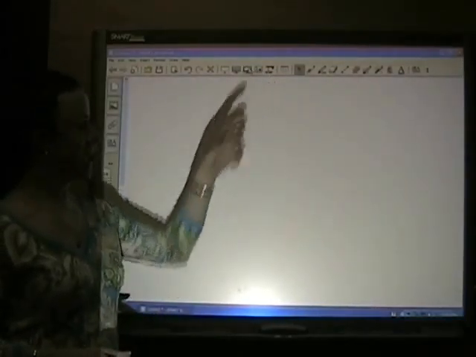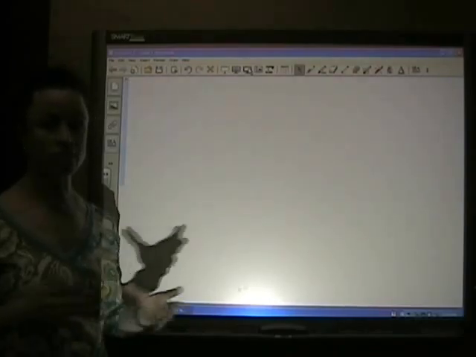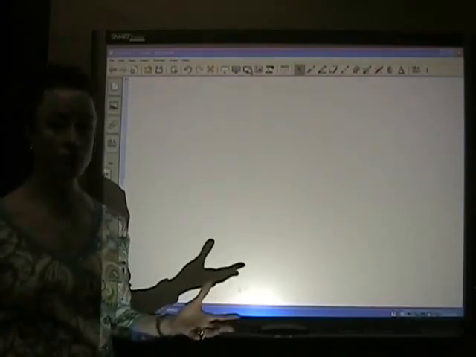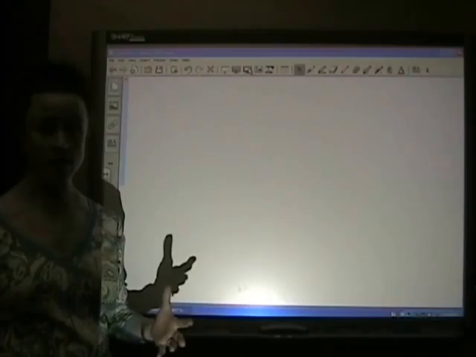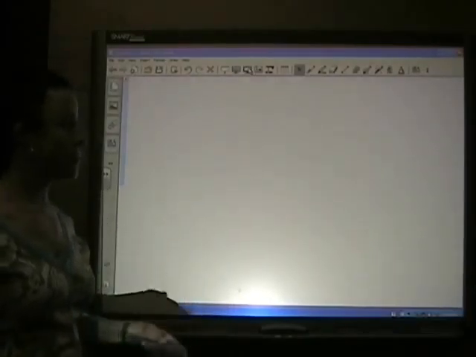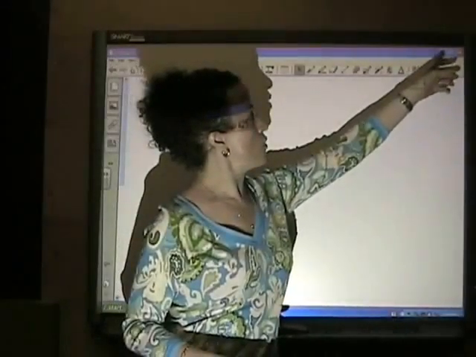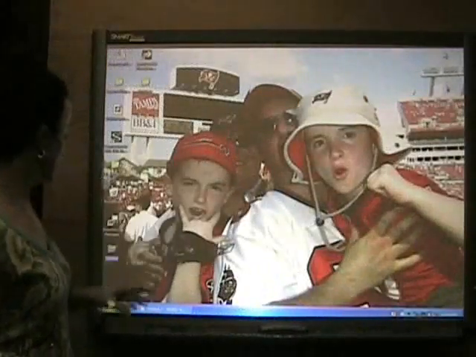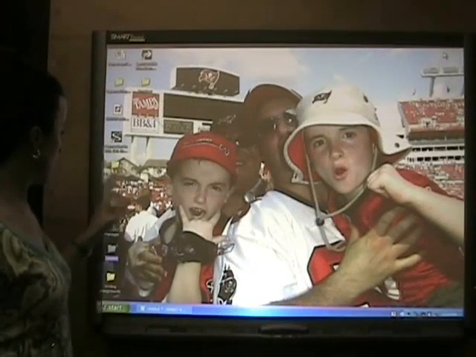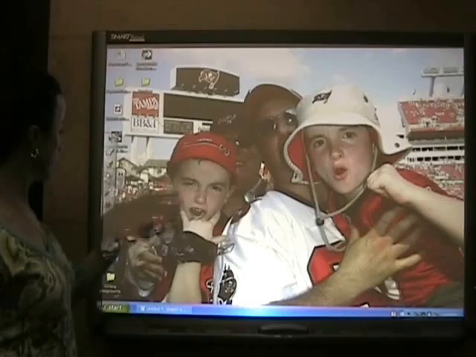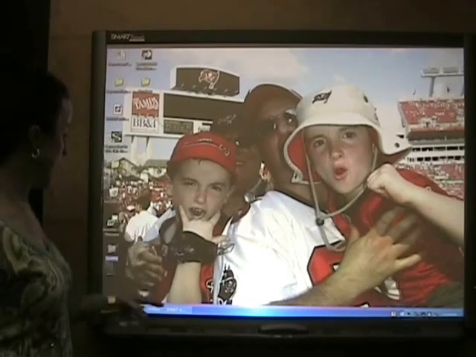The screen capture allows you to take a picture of whatever you're working on online or anywhere else and bring it back here. For example, if you were using something on your particular screen here that you wanted to capture and you wanted to